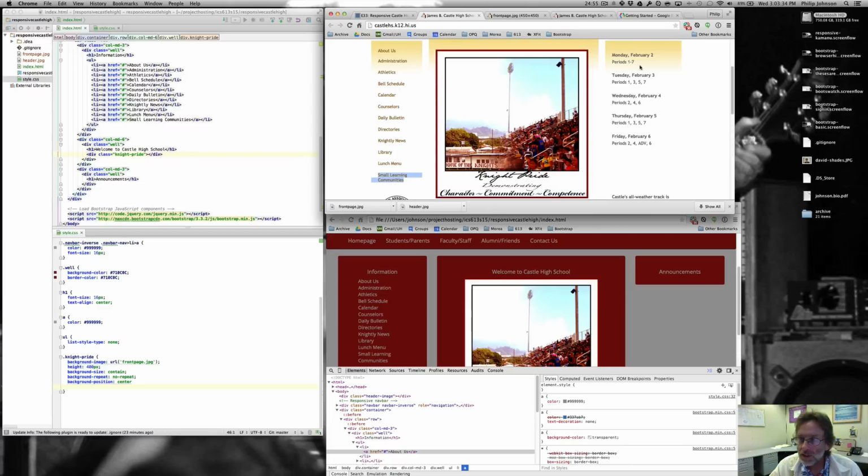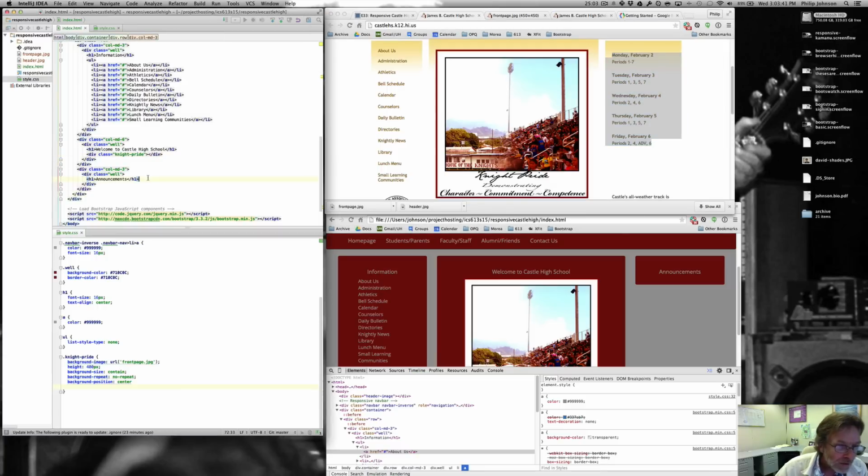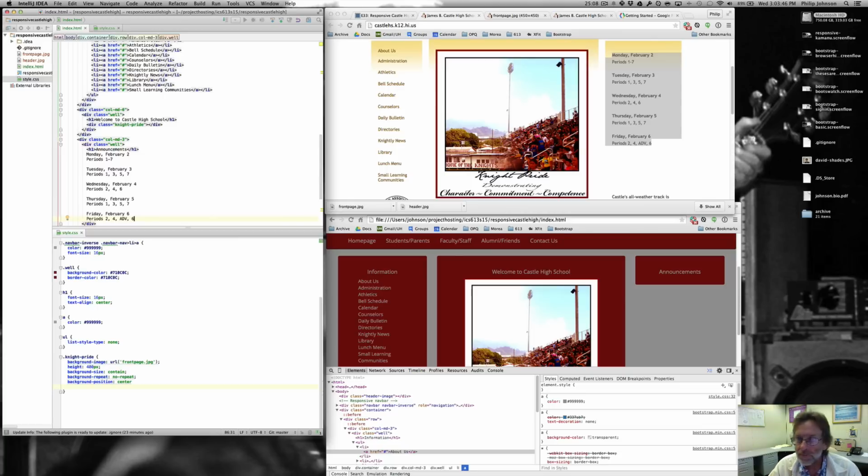So let's look at this period. Okay, here's our period schedule. So I'll make a copy of that, and then that's supposed to go in here. So I'll just copy it in, okay? And then in terms of formatting it, we can use another little IntelliJ trick, which is Command Option T. Command Option T says we can surround with a tag, and so it's made the tags around that selection, and we'll make them H2s for the titles,